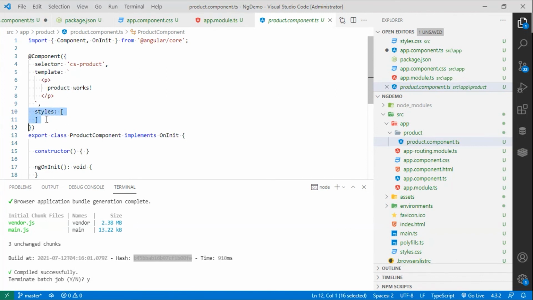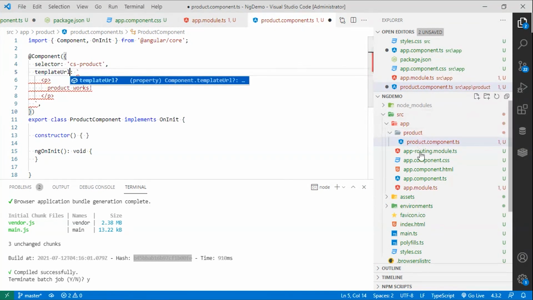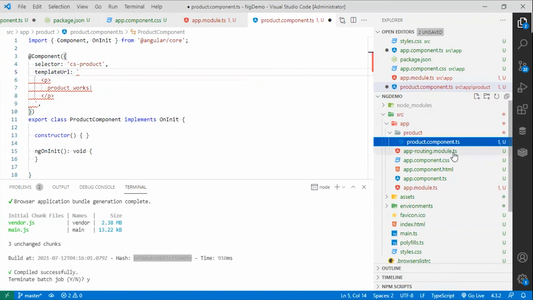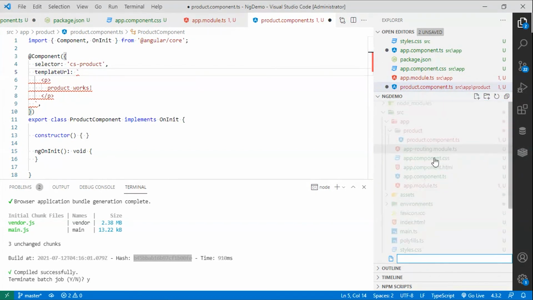It is perfectly okay to delete this. And you can once again change this to template URL, and it did not add any HTML file. I was hoping that it is going to add those files as well. Let's go ahead and add a file,